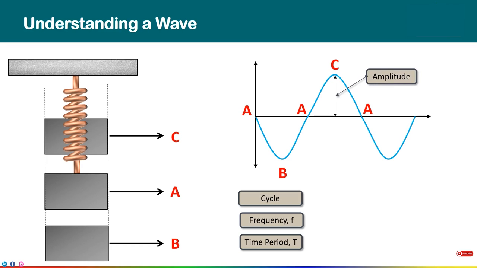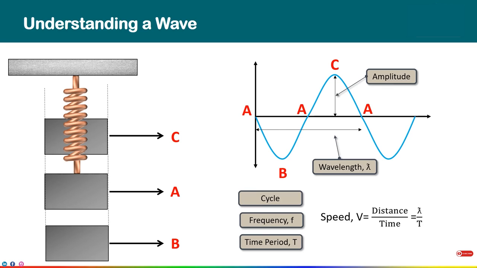The maximum displacement of weight from A to B or A to C is called the amplitude of vibration. As seen here, during the time period of vibration T, a wave travels a certain distance in the medium. This distance is defined as the wavelength of the wave and is denoted by the Greek letter lambda. The speed with which the energy is transported between 2 points in a medium by the motion of a wave is known as the velocity of the wave.